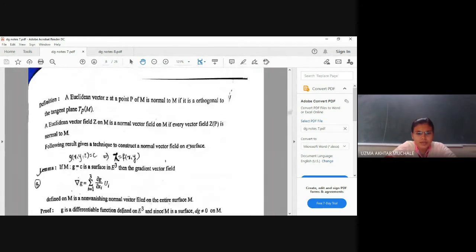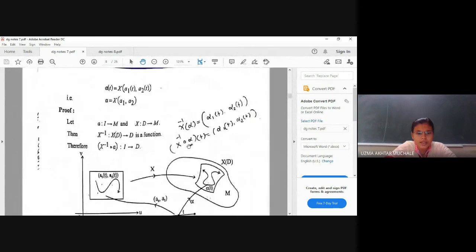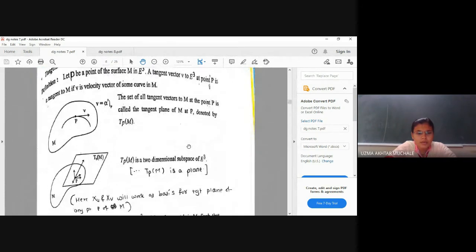What is the tangent to the surface? What is the normal to the surface? How is the surface going to form? If you remember patch computation, we form a surface with the help of straight lines converted to a curve. So if you want to find a tangent to the surface, it is equivalent to finding the tangent to one curve which is passing through that particular point.